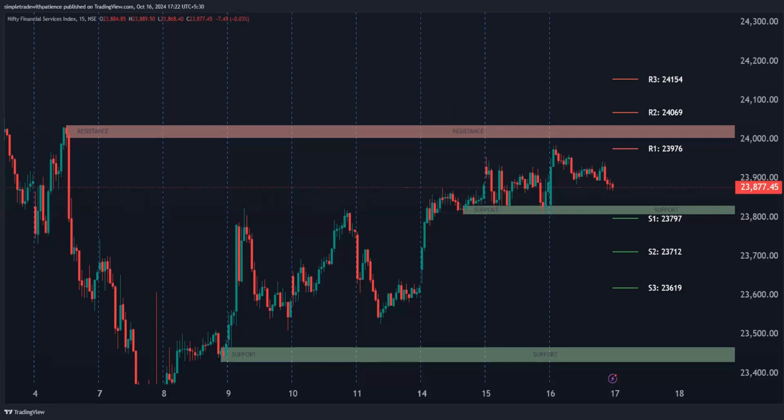The market's going to be a bit volatile. The market would present some golden opportunities. We need to take them. So to wrap up today's analysis on Nifty, BankNifty, and FinNifty,